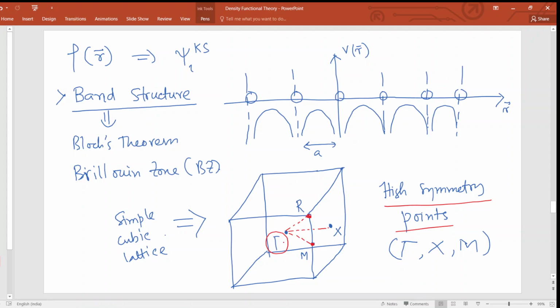Okay, so let's say I can go along any random direction, like this particular direction. Okay, but here I am never going to encounter another atom. Okay, so that is why it is called less symmetry. So if I think of a big lattice, there will be a large number of such unit cells, and then what will be the chances of having more atoms? That tells me the direction which will be of high symmetry. So I hope that part is clear.